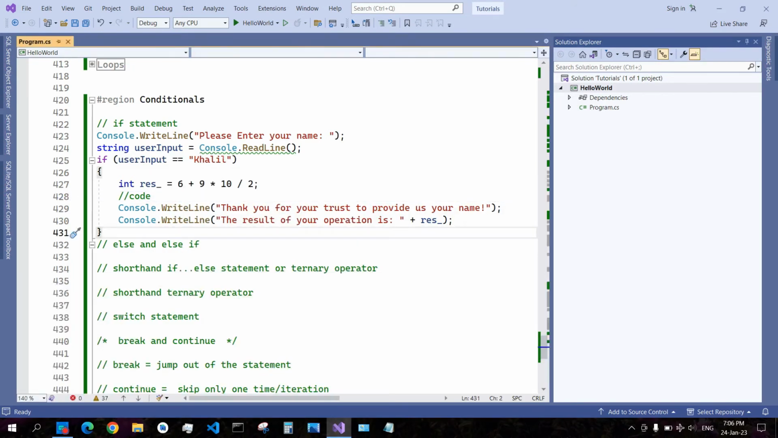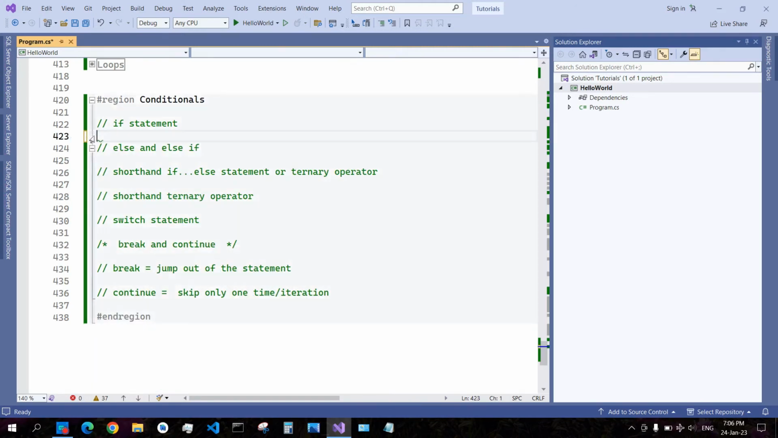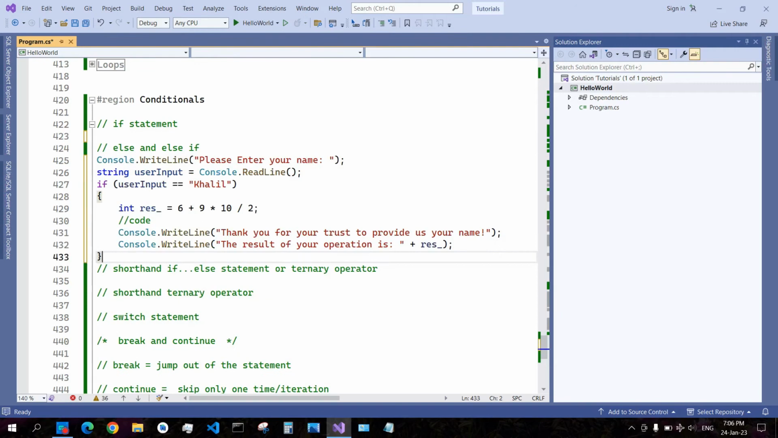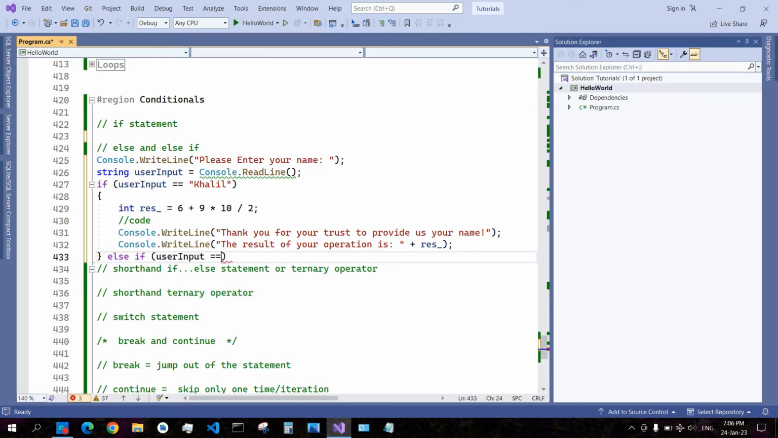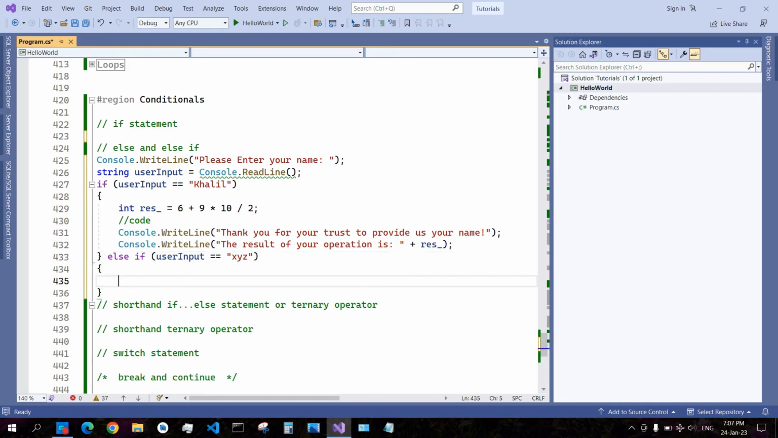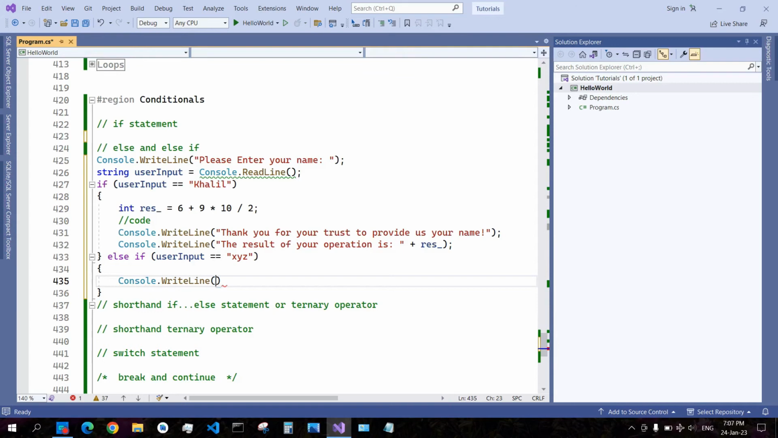Now we are handling only if it is true. There is also something called else. Let us copy this, cut it, and then paste inside of this below the else and if. Else if user input is equals to x, y, z, do something else. Let us this time say console dot line